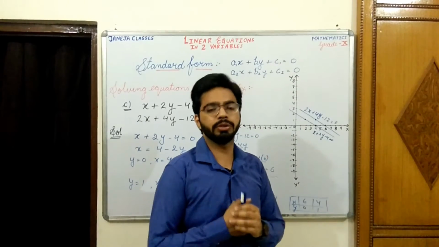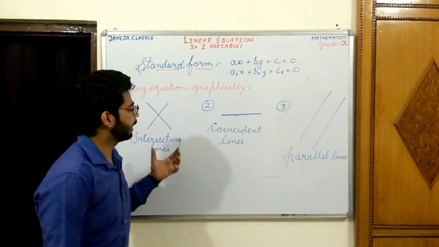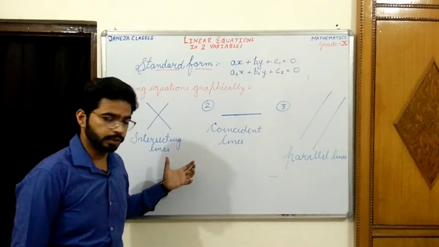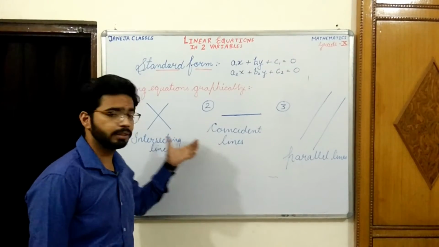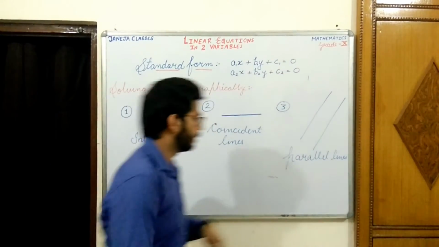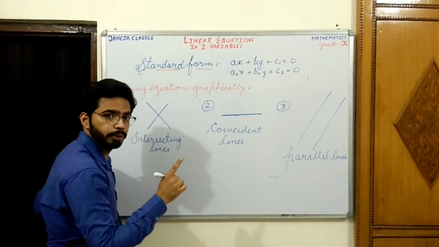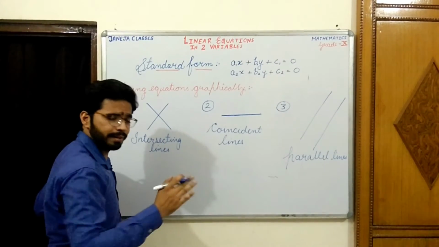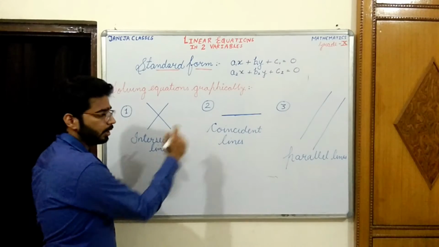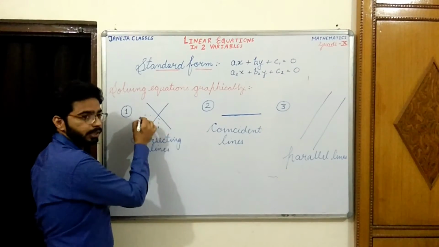Now we are going to conclude some things. We have done three types of solutions. The first where the lines intersected, the second where the lines were coincident, and the third where the lines were parallel. Here we can get one solution where the lines intersect. In my first question you can see again, rewind it and see what I have done in that question, where the lines intersected.